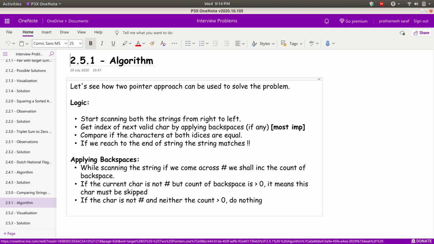Now we'll see how you can apply the backspaces. To apply the backspaces, while scanning the string, if we come across the hash character, we shall increment the count of the backspace. That is, in any given string, we will keep track of the number of backspaces or number of hashes we encounter. So while scanning the string, if we encounter a hash character,